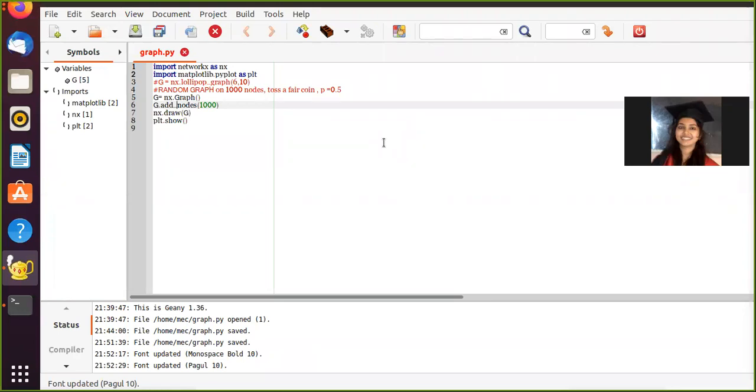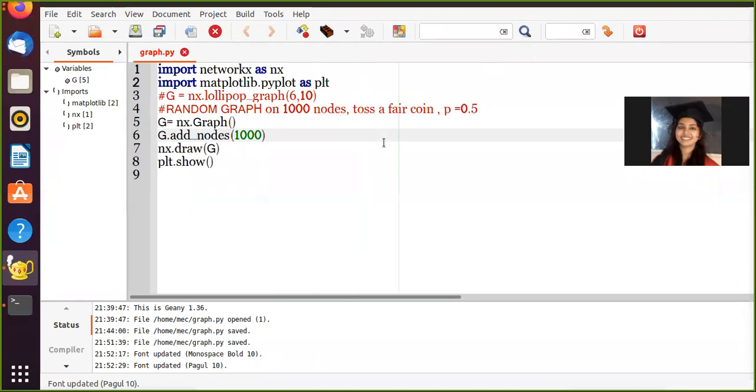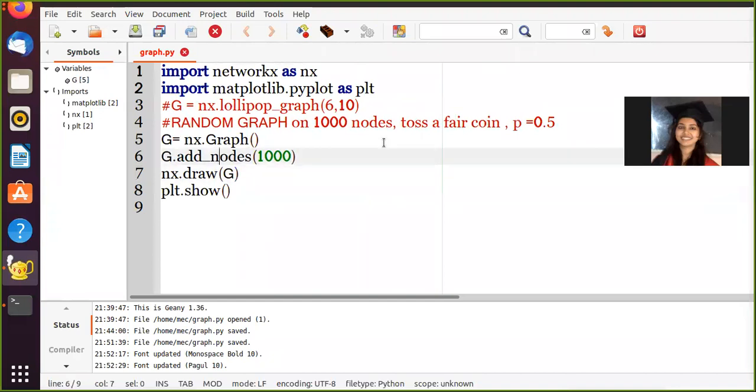Okay, it's some different font, but yeah, this underscore is visible here now, right? So g dot add nodes 1000, and it shows me an error. When you run into these kinds of errors, you can go back to the documentation and check what is happening. What I'm trying to do is add nodes